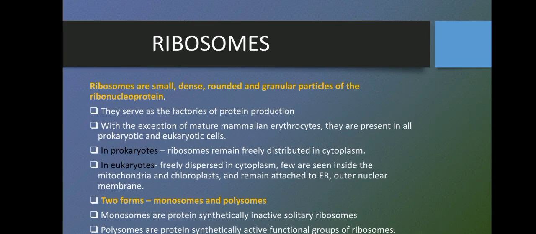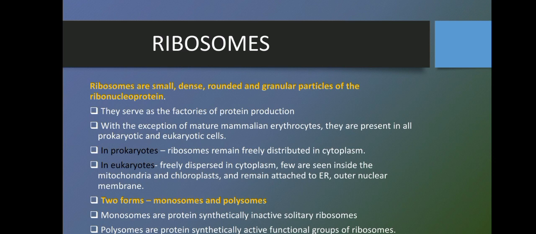Ribosomes are small, dense, rounded and granular particles of ribonucleoprotein. They serve as the factories of protein production. With the exception of mature mammalian erythrocytes, ribosomes are found in all prokaryotic and eukaryotic cells. In prokaryotes, ribosomes are freely distributed in the cytoplasm, and in eukaryotes, they are found freely dispersed in cytoplasm. Few of them are seen inside the mitochondria and chloroplast, and others remain attached to the endoplasmic reticulum and outer nuclear